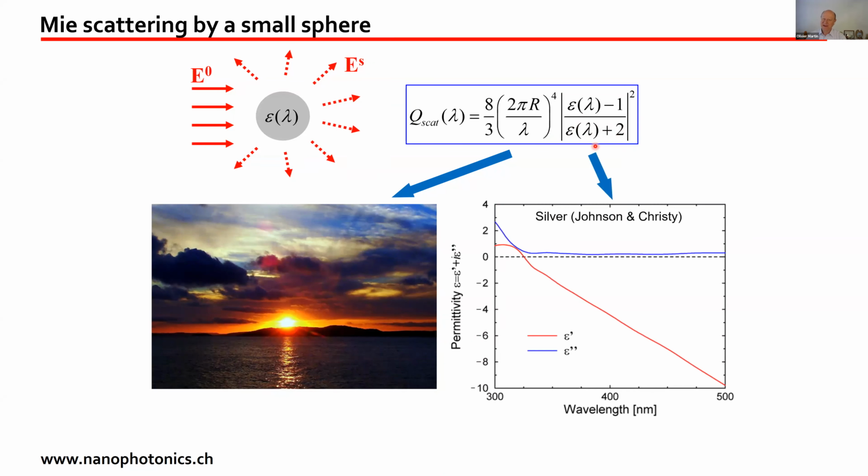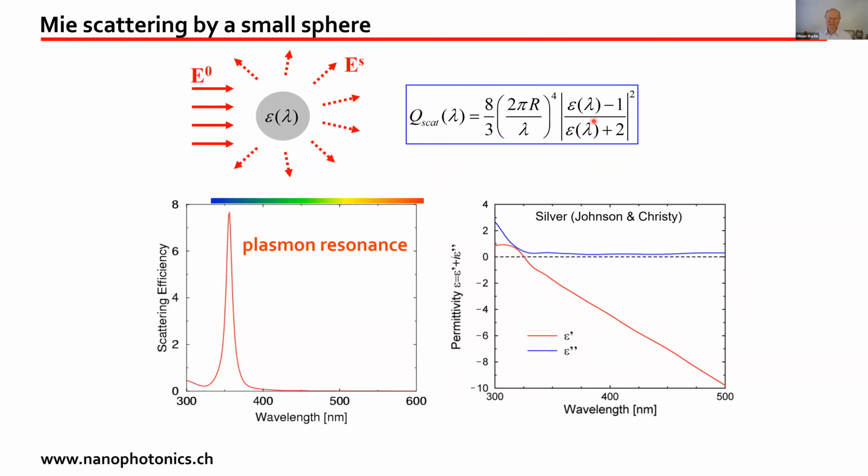It turns out that in metals, the permittivity is negative, and you have here experimental data for silver. In red, you have the real part of the permittivity. And you see that this condition of having the permittivity equal to -2 occurs at a very specific wavelength, on the order of 350 nanometers here. So it means that at this wavelength, there will be pretty much 0 in the denominator, and a lot of light is going to be scattered by this particle.